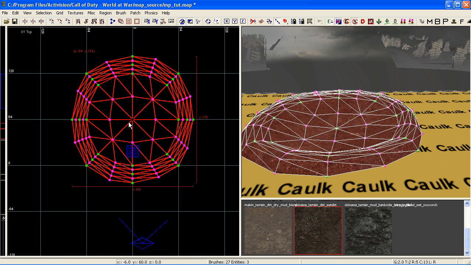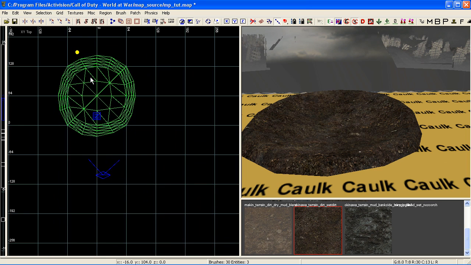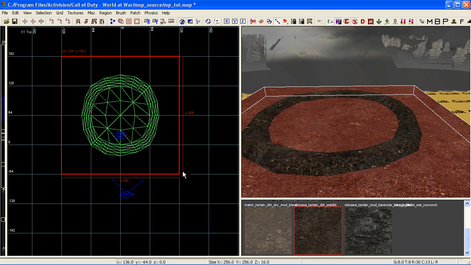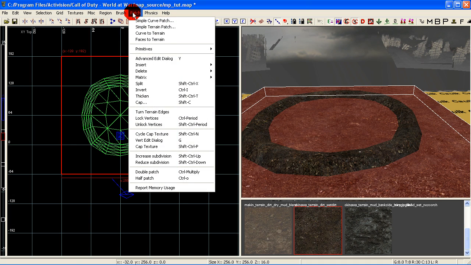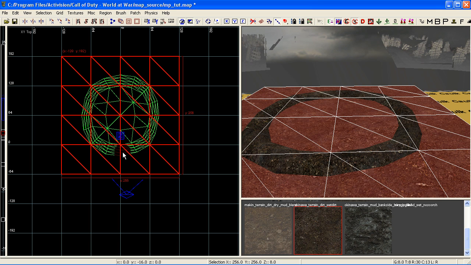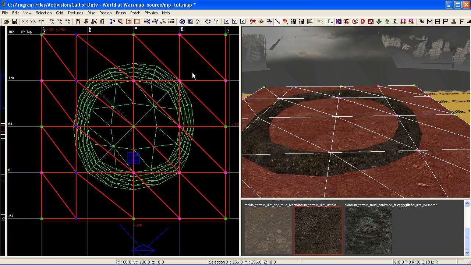So we need to connect some more terrain to this. I'm just going to switch back down into grid 8 and I'm going to draw out this brush. And I'm going to create a simple terrain patch, and I'm going to give this terrain patch 5 and 5. This should give us enough vert columns to do what we need to do. And I'm just going to press V on my keyboard and shift these columns around